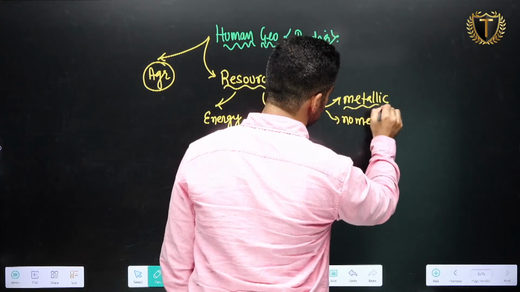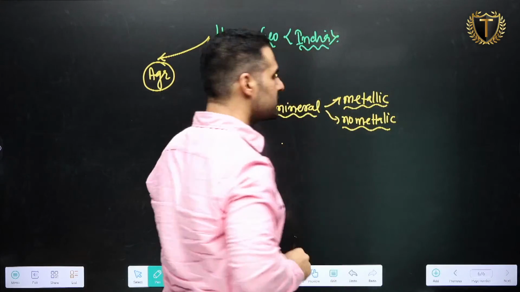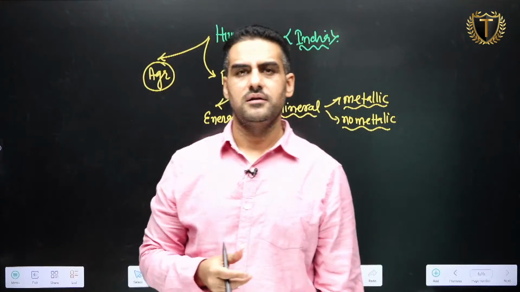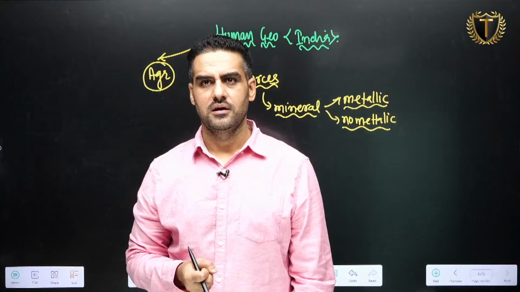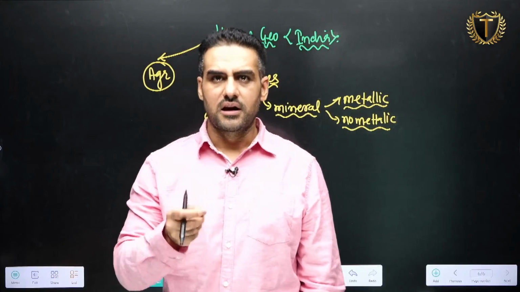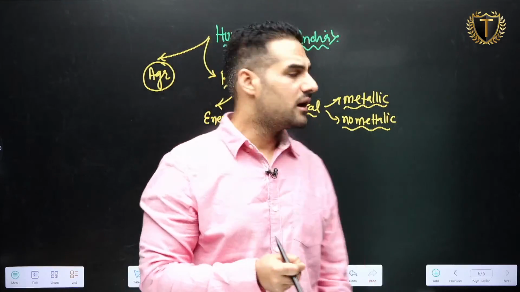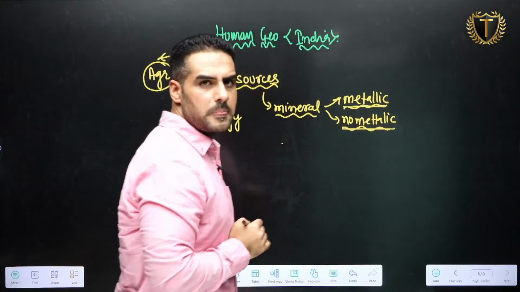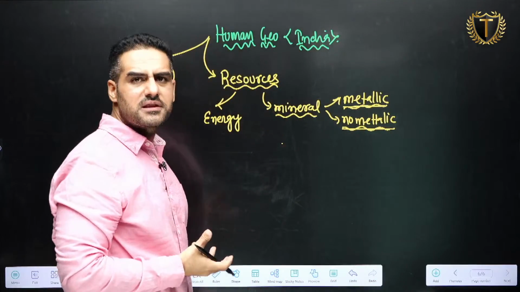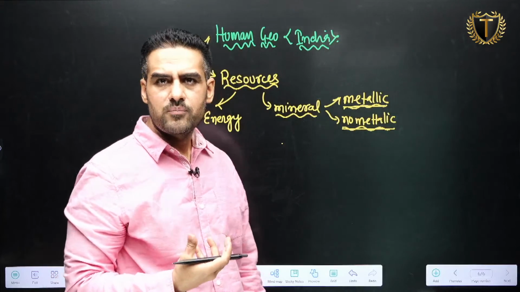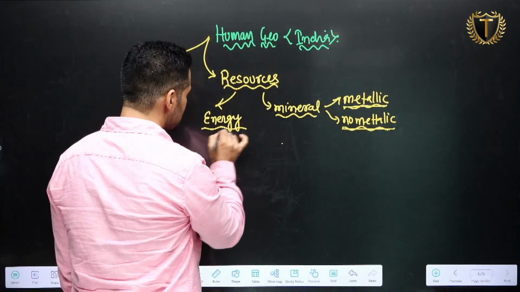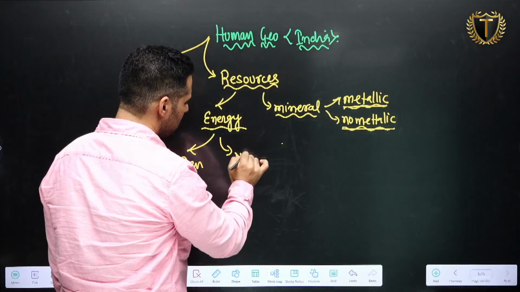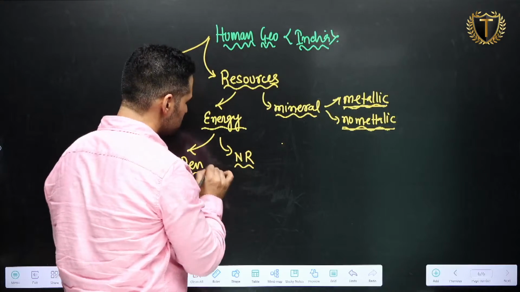So what you have to understand, again this information is given in NCERT basic. Distribution of the minerals in India. There are mineral belts given in India. Is it clear? There are mineral belts given in India. Metallic mineral distribution, non-metallic mineral distribution. We will also discuss it here with respect to the maps also. And energy can be two types, renewable energy and non-renewable energy. देखो last year mains में question भी पूछा था.